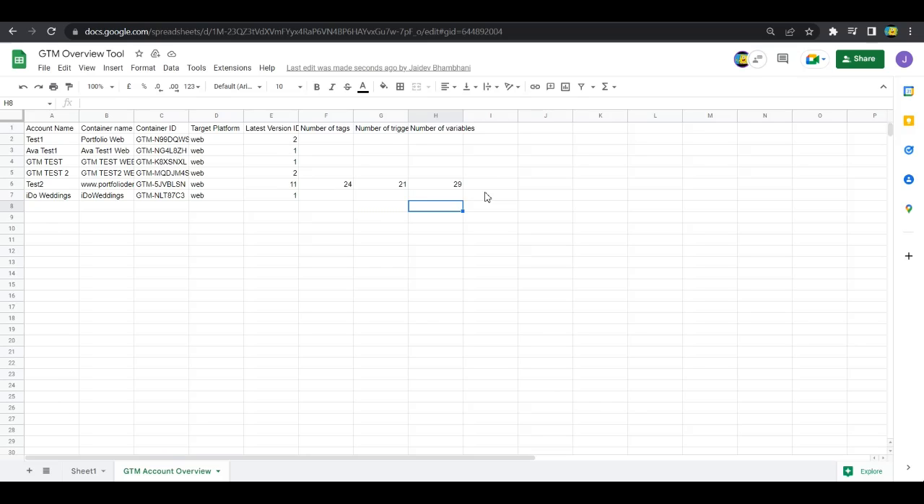It gives you a quick overview of how many accounts you have, what containers you have, and inside that how many tags you have. As you can see, only this container has tags enabled, so it's only showing here, whereas these don't have any tags or triggers, so they are not shown here. So this is how it works. Now let's move on to how to create it. Alright,